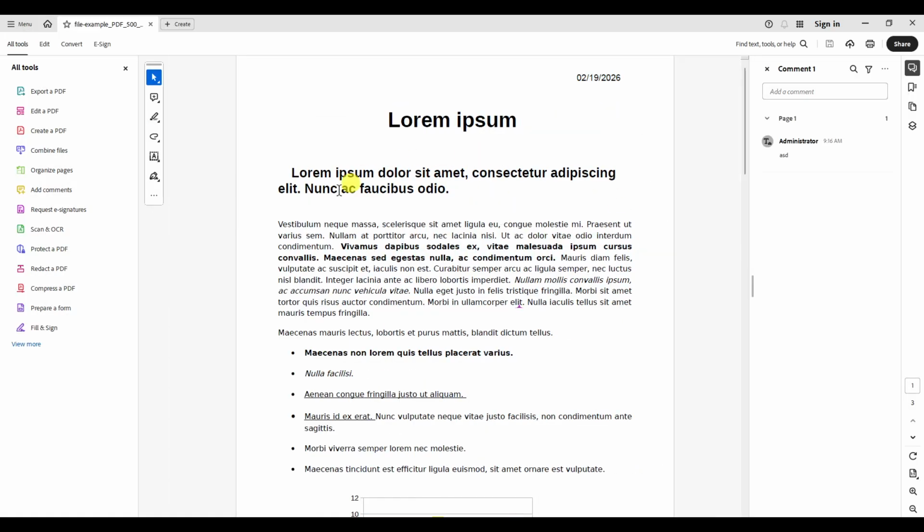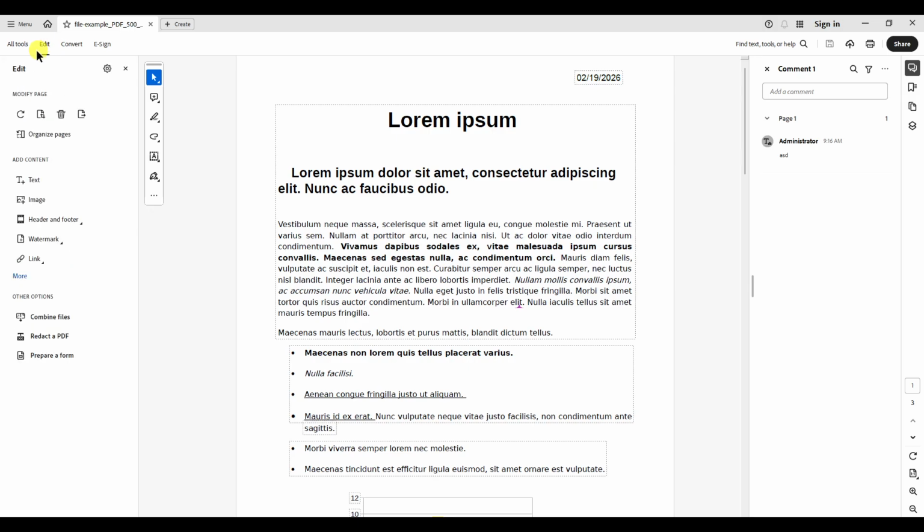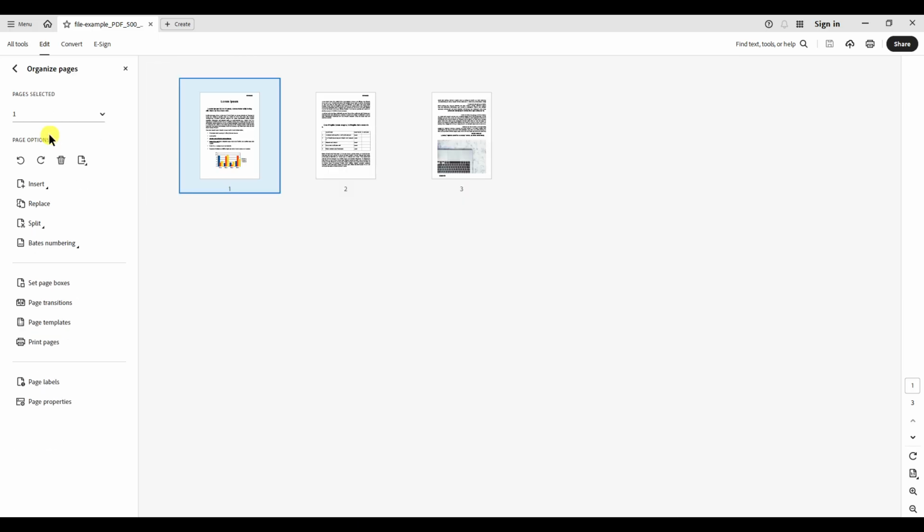Next, look to the top of the application and click Edit. This takes you to options related to modifying your document. From there, choose Organize Pages. This view is designed for page-level tasks like reordering, deleting, extracting, and of course, splitting. You'll see your pages laid out as tiles, which makes it easier to decide how you want the split to